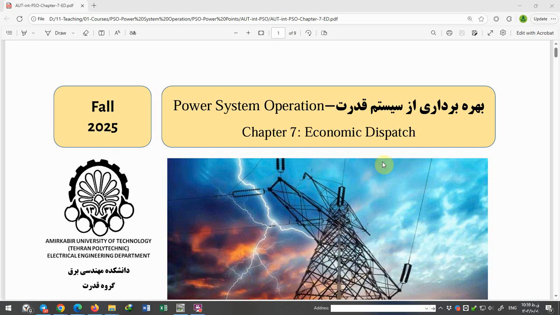Instead of load flow with Newton-Raphson method, I prefer to introduce chapter 7 about economic dispatch. The economic dispatch is easier than Newton-Raphson, and I decide to